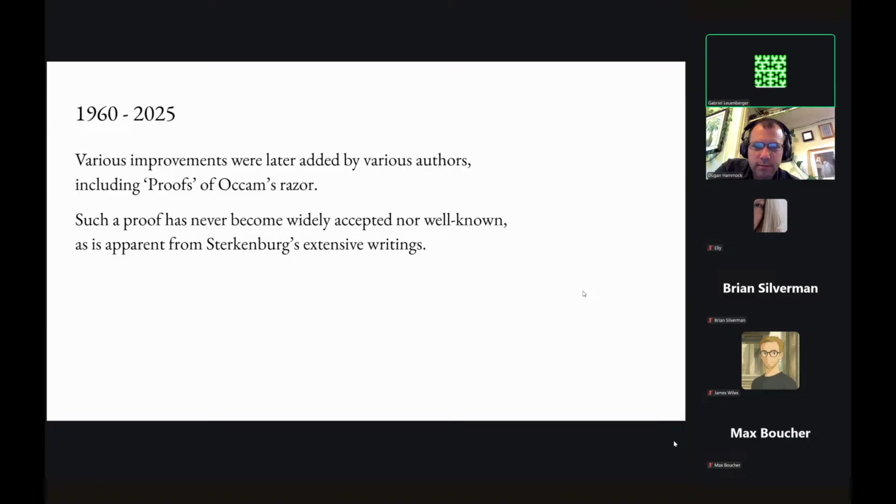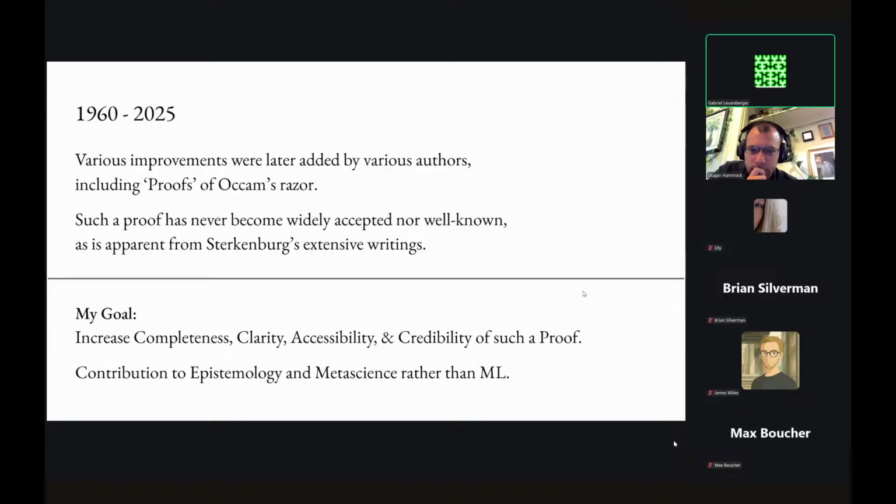The mathematics has actually been developed to a sufficient extent, I would say, to prove Occam's razor, but this was so poorly explained that it never spread into a field like physics. So they actually don't know how Occam's razor works, or the state-of-the-art modernized Occam's razor for epistemology and meta science. Okay.